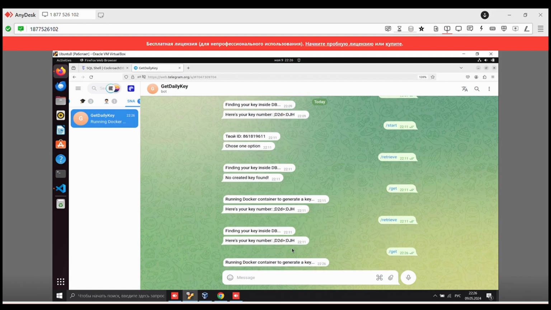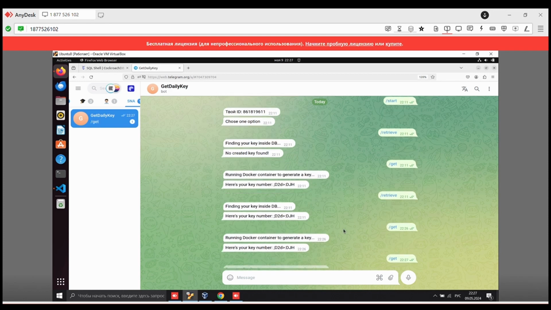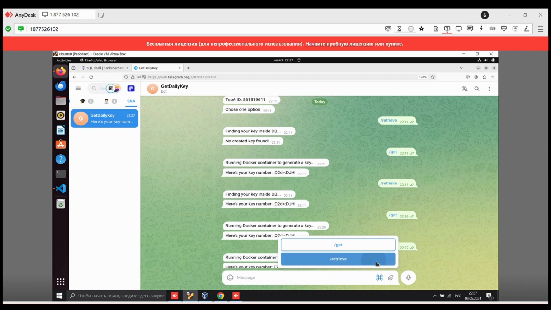that our key will be changed. So now I'm receiving this key, and in 27 minutes it should be changed by the scheduler in one of our Dockers. Let's wait a little bit. We have several seconds, and it should be changed. Okay, waiting. Yeah, now we'll try and we'll see that it will be changed and updated in our SQL database. Okay, we are receiving, and this is another key, so the scheduler works,